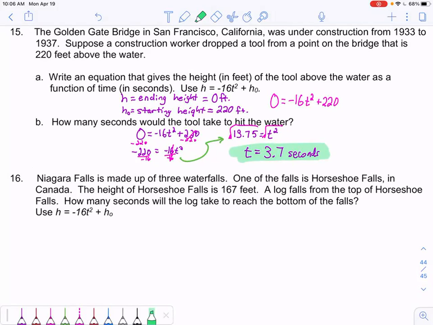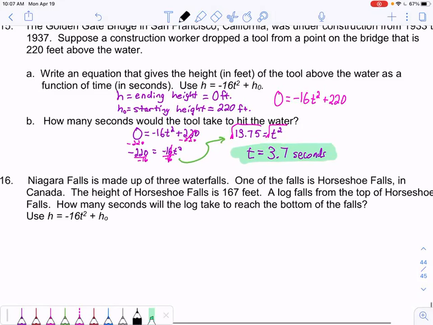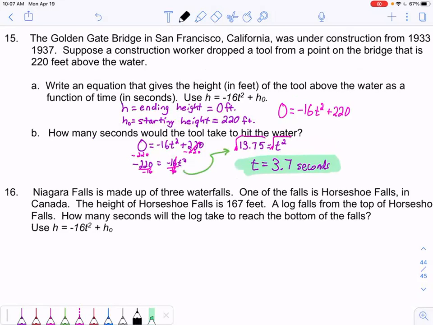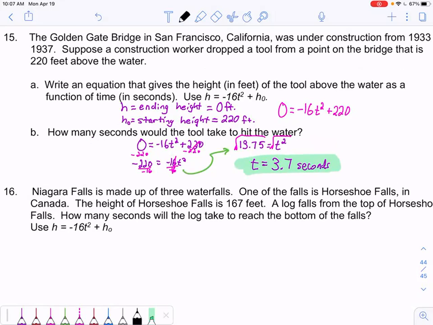We're using the same thing. So remember, H is our ending height. Peyton, how many feet is it when it falls to the very bottom? Okay, and then when it hits the bottom, it's considered how many feet? And when it hits the ground, how many feet high is the ground? If you look above the ending height. So if you look at our number 15 up here, what was our ending height for the problem? It's up on the board. The ending height was,